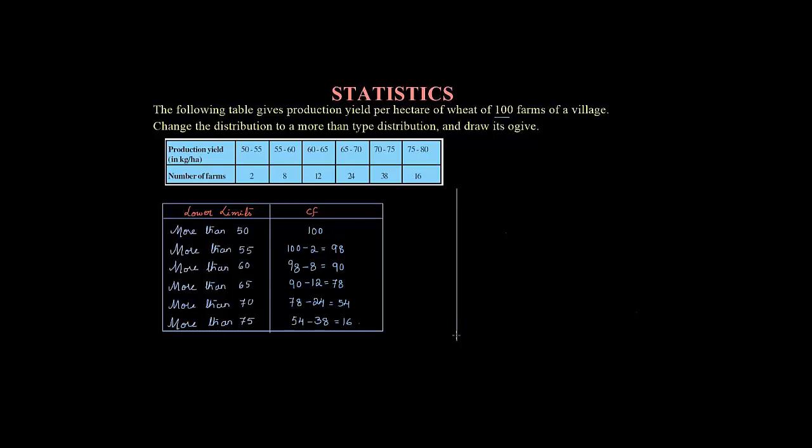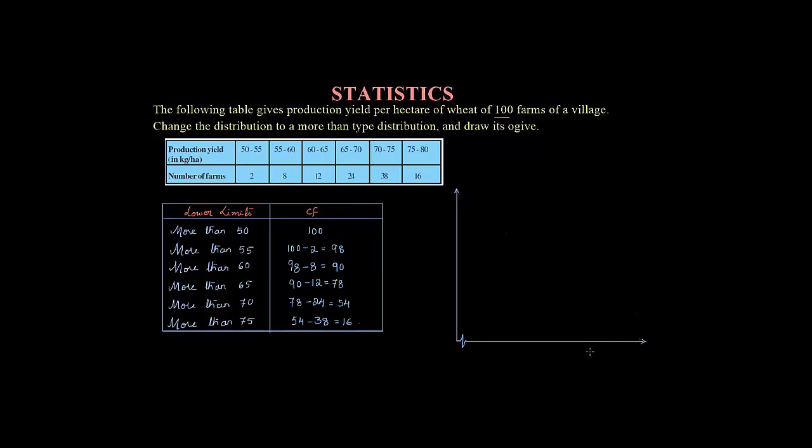The y-axis is for cumulative frequency, and again on the x-axis we will be taking the class interval, that is the lower limit here. And you can observe the class interval starts from 50, and then we have a difference of 5, right? So it will be better if we start from 50, right? If we are skipping the starting values, what we need to do, I have already told you, we need to draw it like this, and then we can continue. Fine. So let me indicate everything, what is this and all.